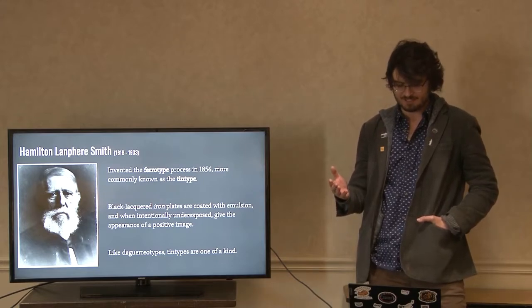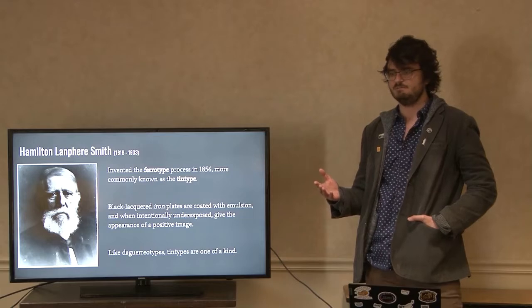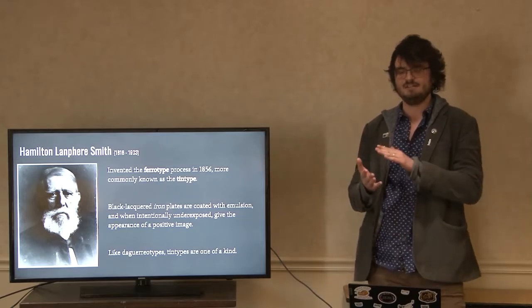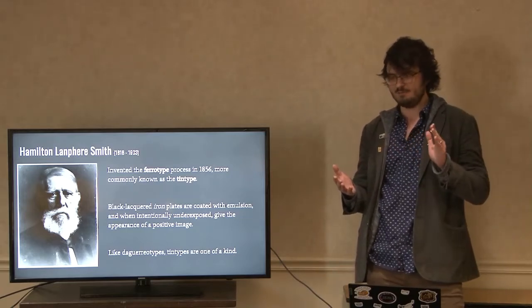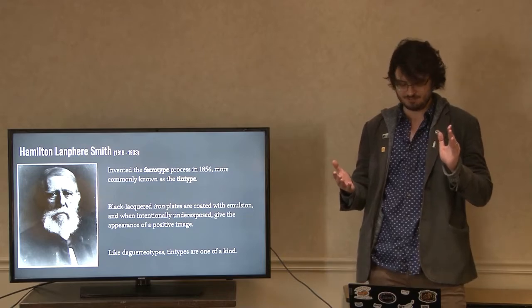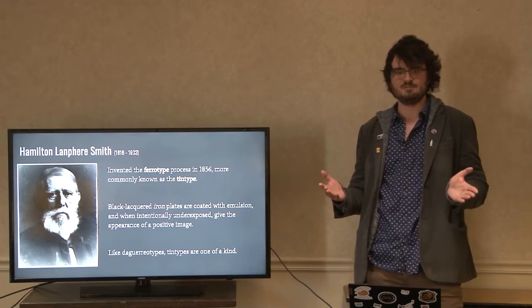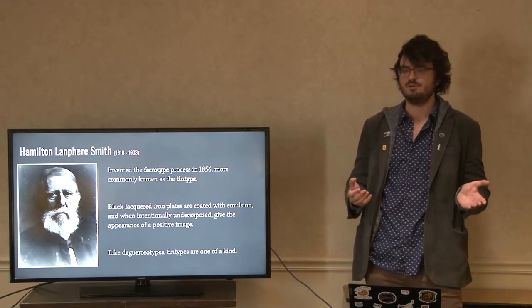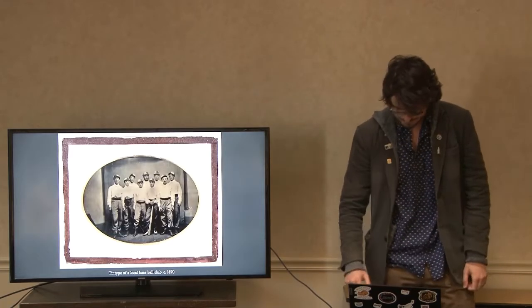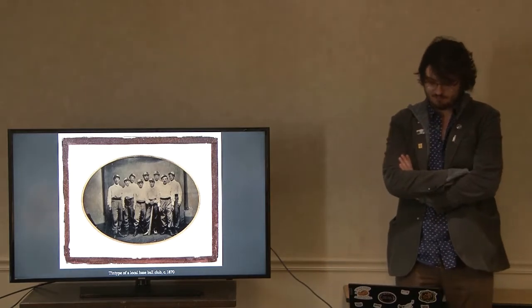But it was a very quick process, because it didn't require a negative and then a positive. And so even beyond when these were used by professional photographers, they were still used at carnivals and that kind of thing up until the turn of the century, because they were very quick to make. Here we have an example of a full plate